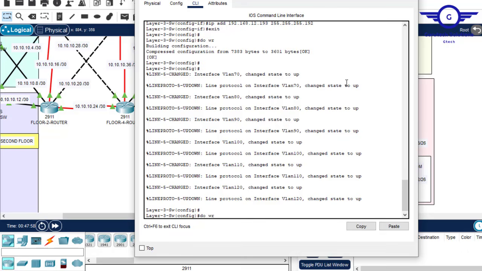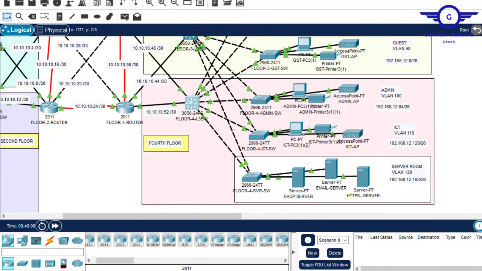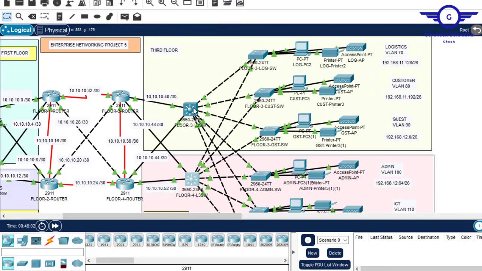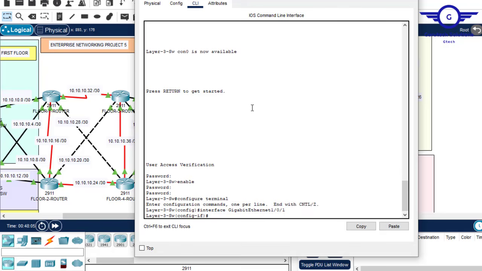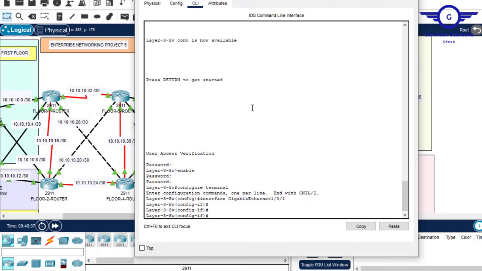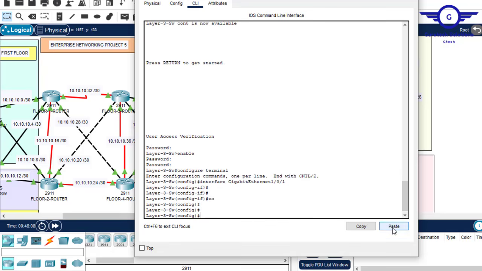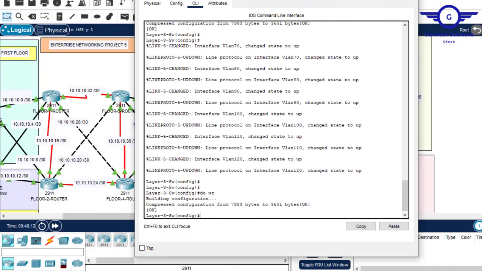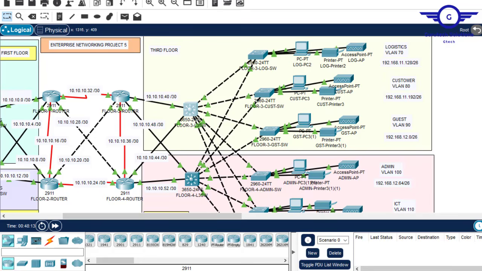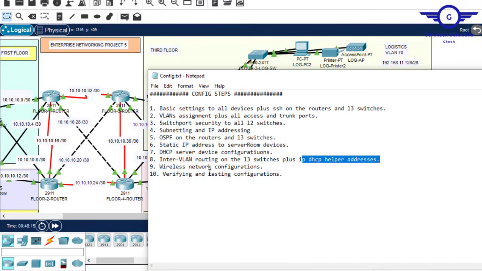So do write. Then we move to this switch here. Exit. Do write. Okay, so guys, I think we have configured most of the technologies here, and what's remaining is just